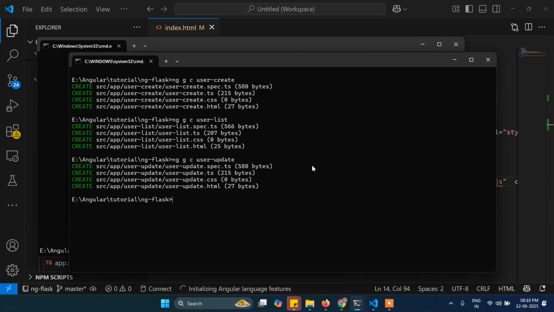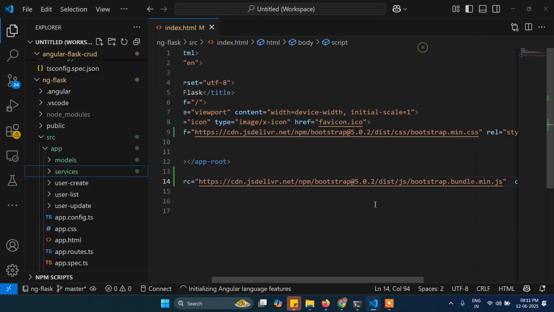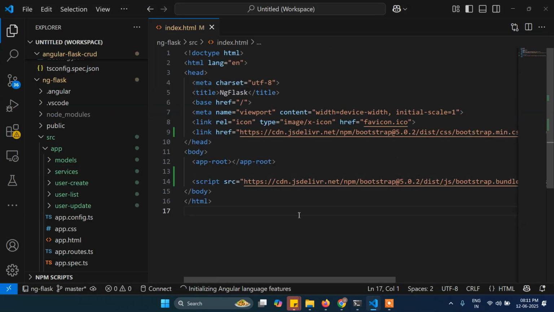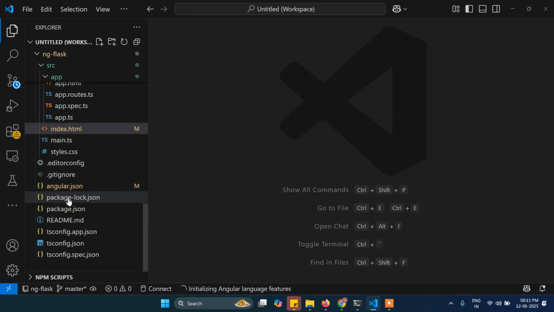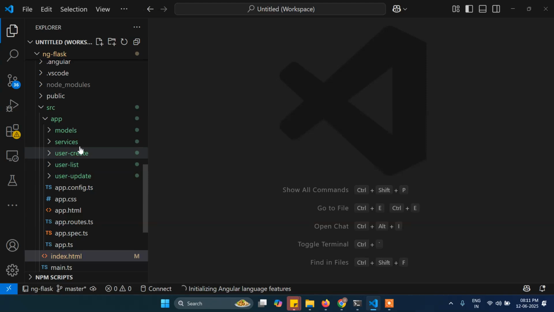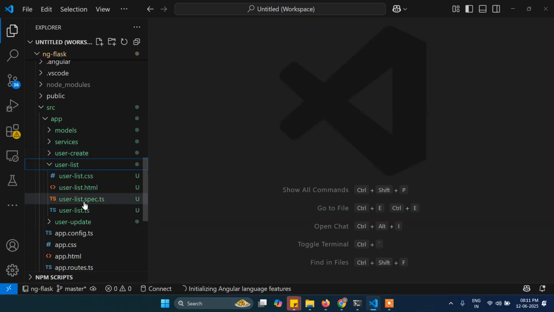Okay, now let's start the server again. Let's start the server here. So the server is now started. Let's close it, and then the next task, let's close this one also. The next task that we need to do is, let's start from user list, because first we will show the data here. So inside user list we will